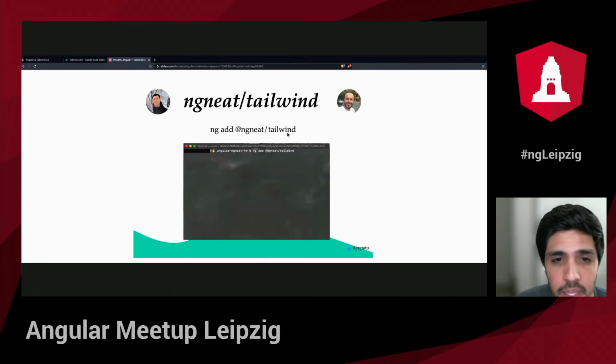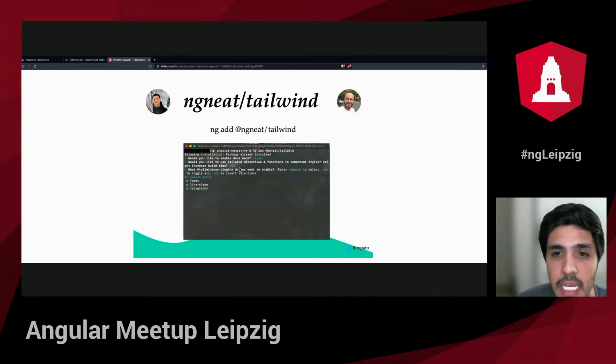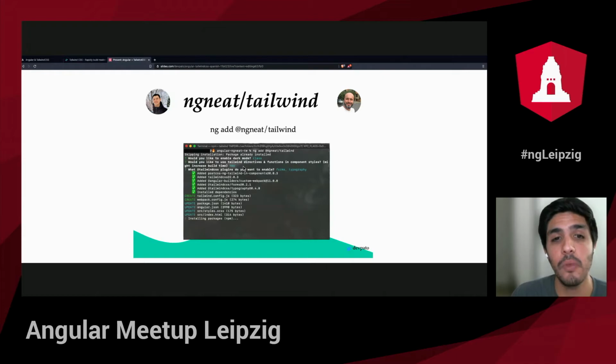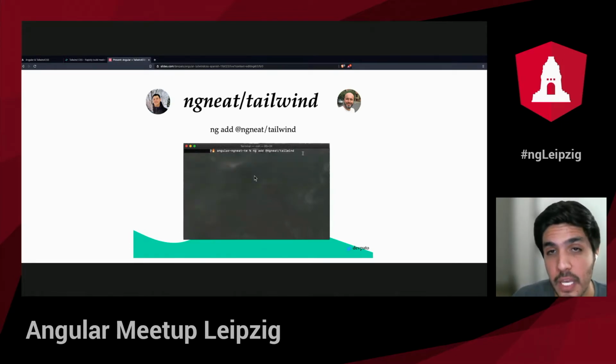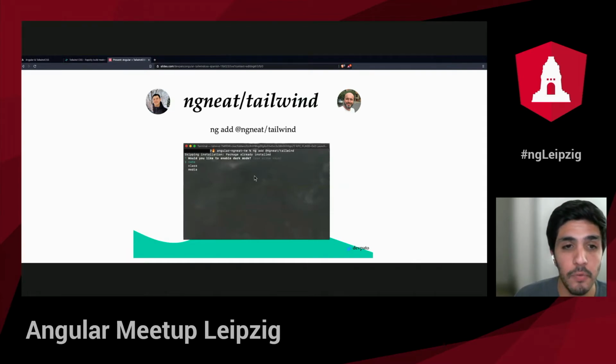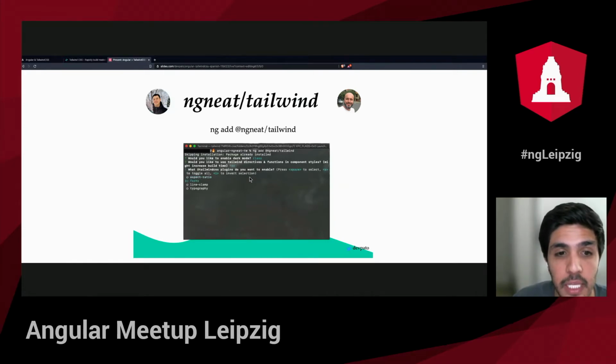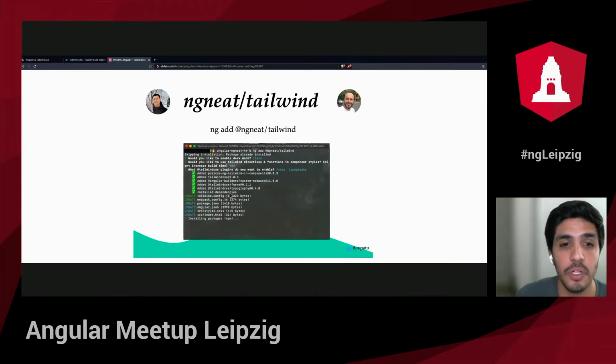As you can see, I'm running the command, and it's going to ask me if I want to run dark mode. I click class, as you can see. Then I can select if I want to add the Tailwind directives and components, and I click yes. Right. Also, Tailwind CSS, since it's a really huge CSS framework library, it gives you the option of installing plugins as you need. Right. Some of those plugins are the typography and the forms, and all you have to do in the schematic is just select what kind of plugin you want. For example, I'm selecting forms and typography, as you can see. And those are the ones that are going to be installed into my Tailwind configuration for me to use them